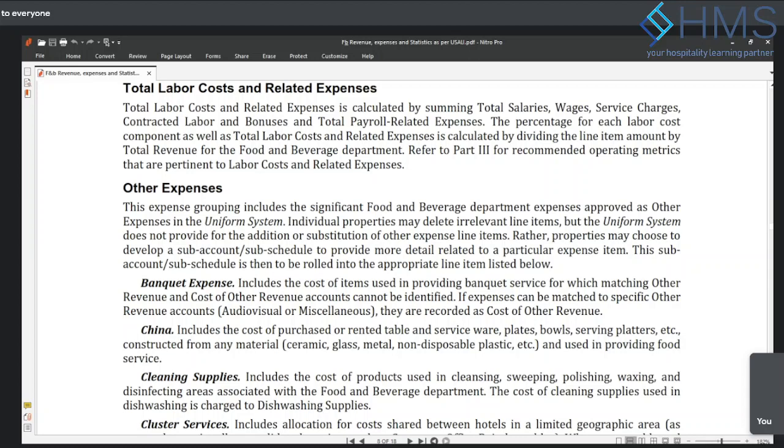After that, subsequent purchases usually are charged to the expenses. But in certain hotels, you may have an accounting policy to say that beyond a certain value, you will put them under FFE or you will put them under amortization for a certain period of time,